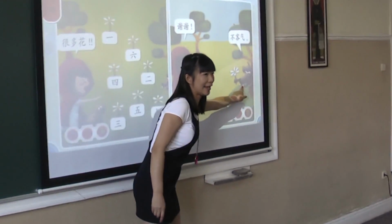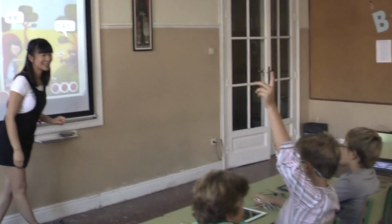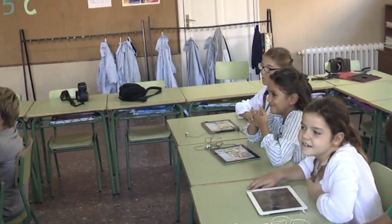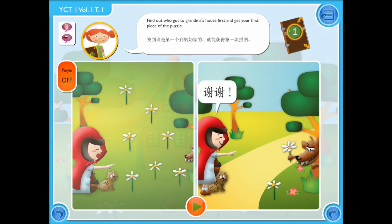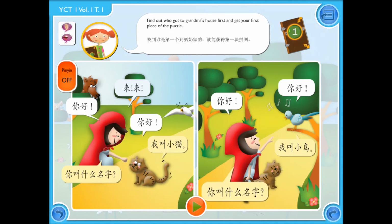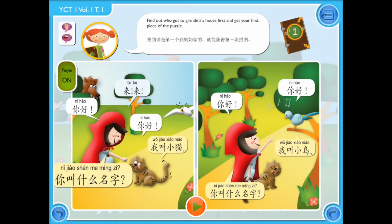这是谁？Sunny. It's the wolf. Wow, it's the wolf. And now I'm going to tell you the story. 谢谢。不客气。你叫什么名字？ You can enable or disable pinyin, however you prefer. 你叫什么名字？